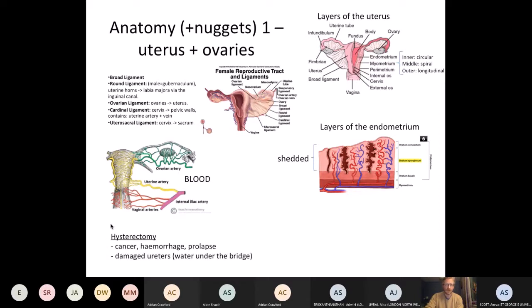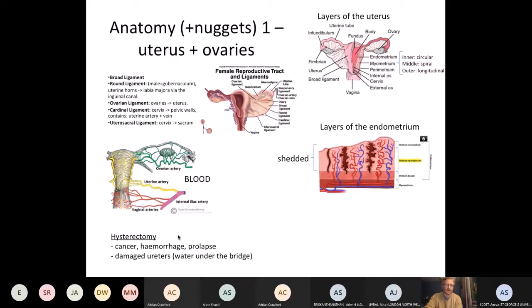Hysterectomies, indications for this: the most common one I think is cancer, either endometrial or cervical. I think you probably would for some forms of ovarian cancer. Also hemorrhage after a C-section and prolapse that's difficult to treat in other ways. And the key fact that